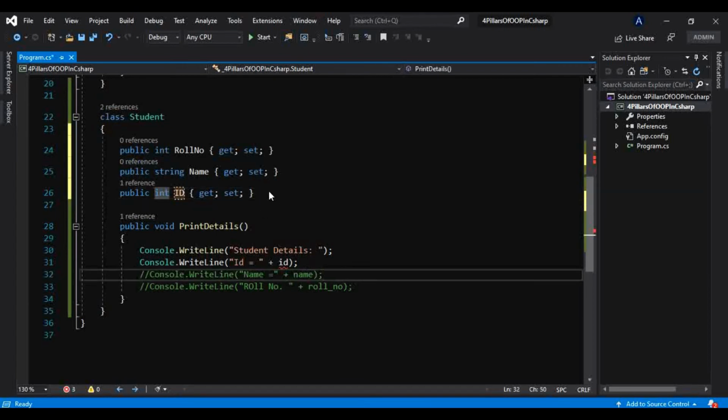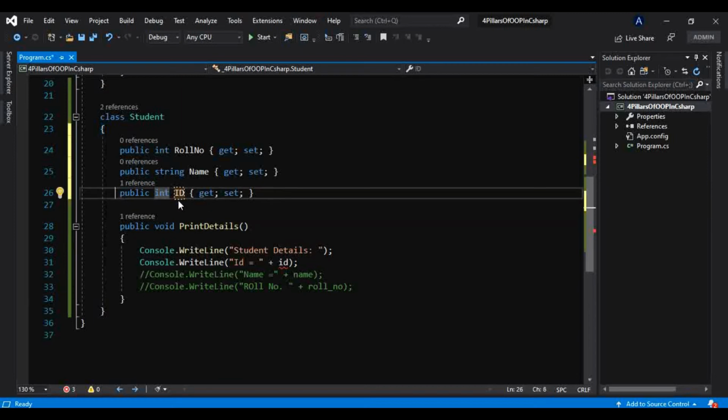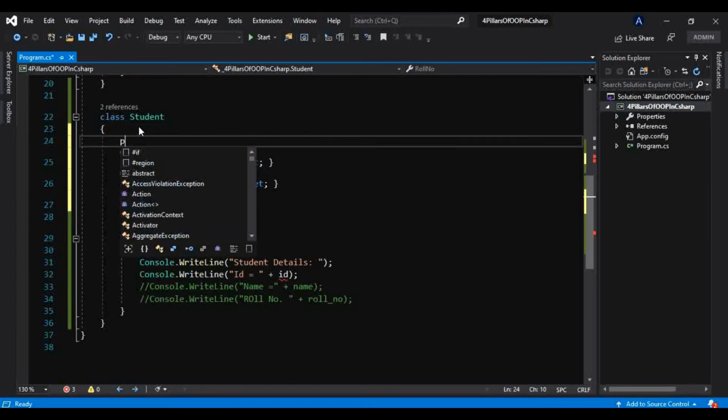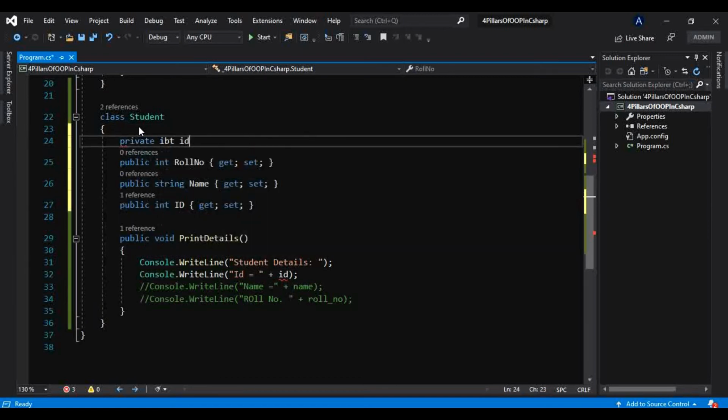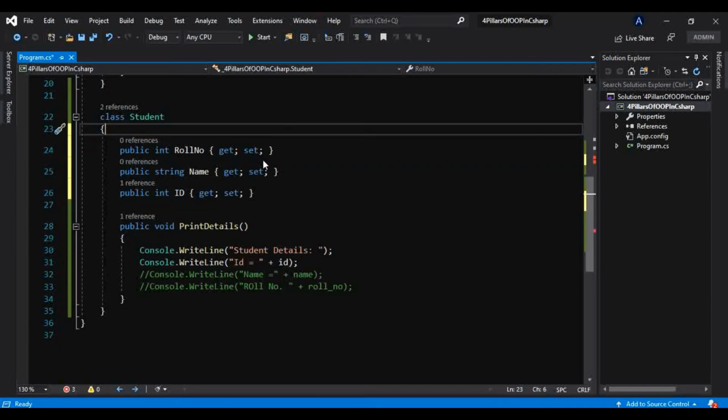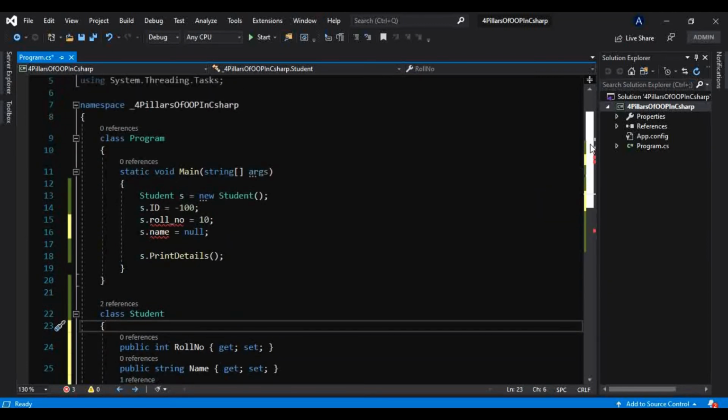So behind the scene, what the compiler will do is create private fields and encapsulate those private fields inside these public properties with the same name. That is what the compiler will do. It will create a property something like this if and only if it finds a property name like this. Whatever the name of the property, it will create a field with that name only, like this, and that will be behind the scene and we don't have to worry about that. So now it will work in the same manner.